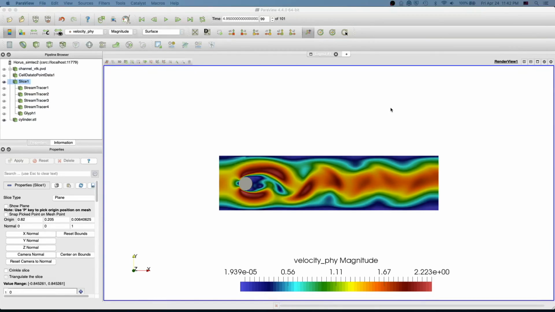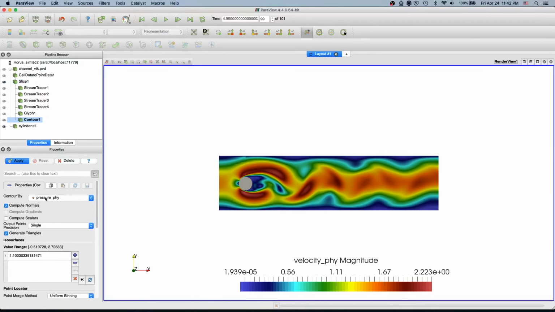In the last video, I showed how to create glyph, and in this video, I'm going to show you how to create contours for scalar field like pressure. Since we are in the 2D domain, we are always going to use this slice, apply filter on the slice. So we select the slice and we select the contour here, and then since we have only one scalar field, it says only pressure here, and then I will compute the scalar, so it will